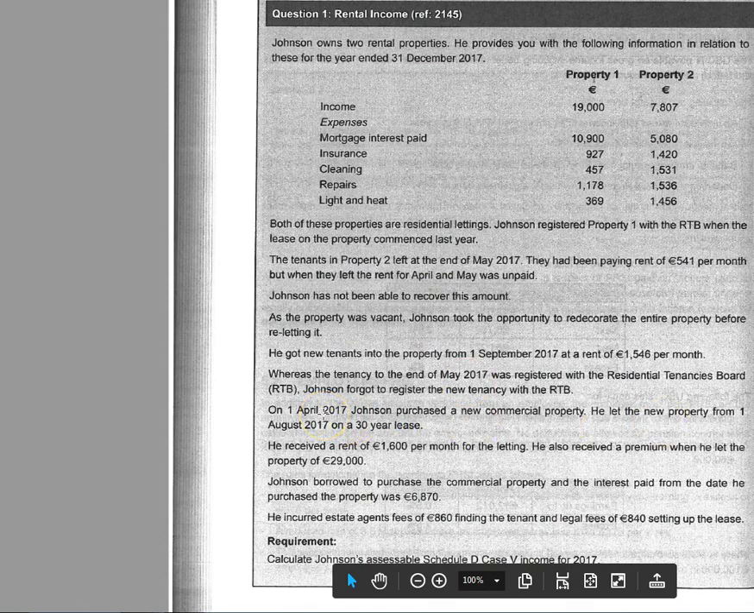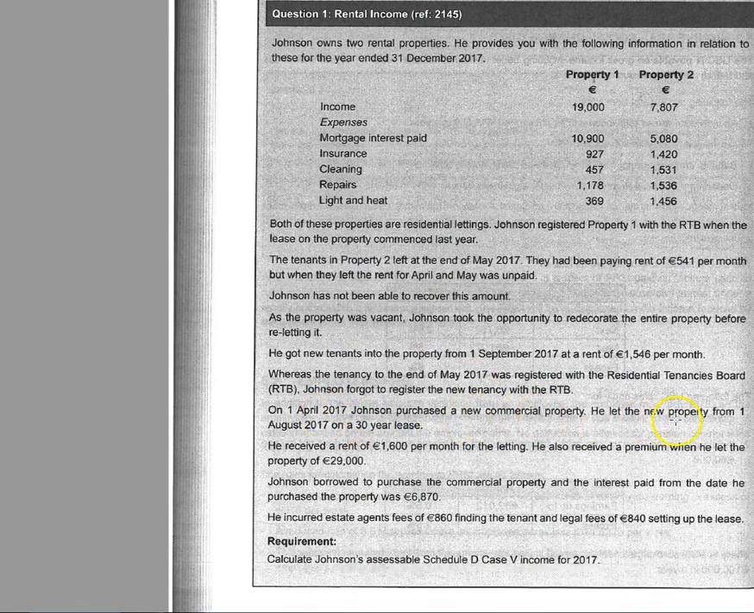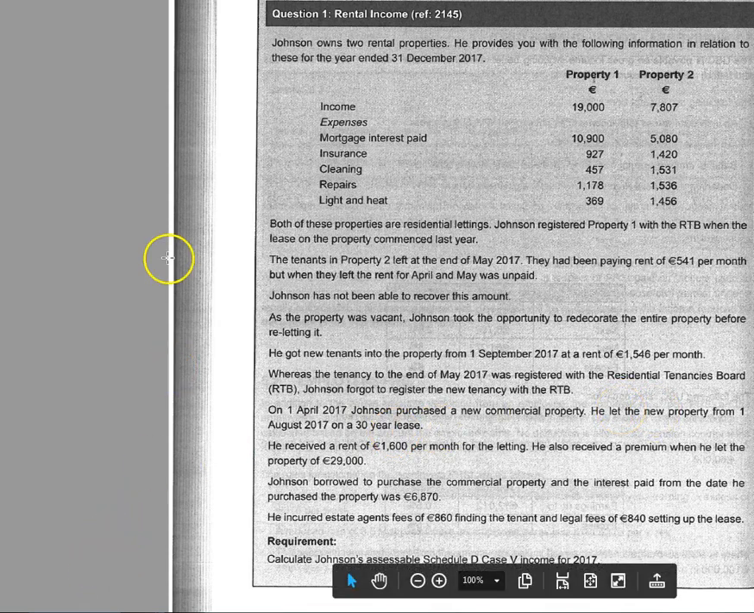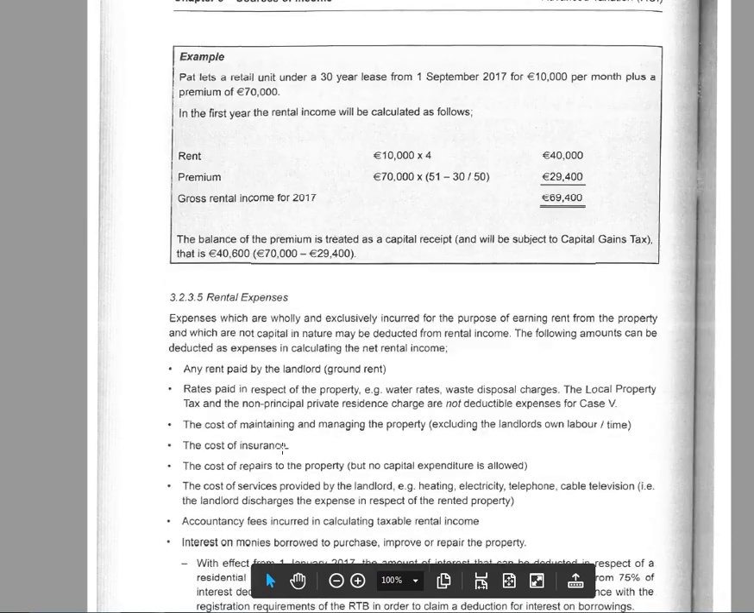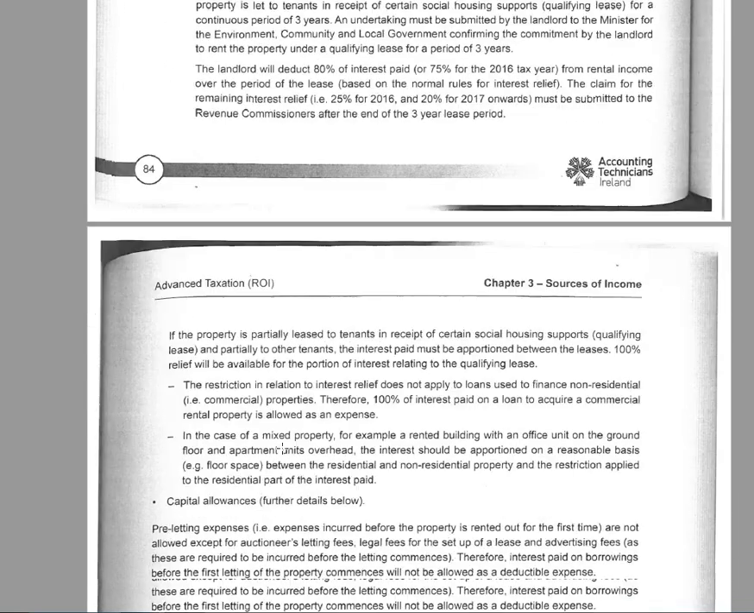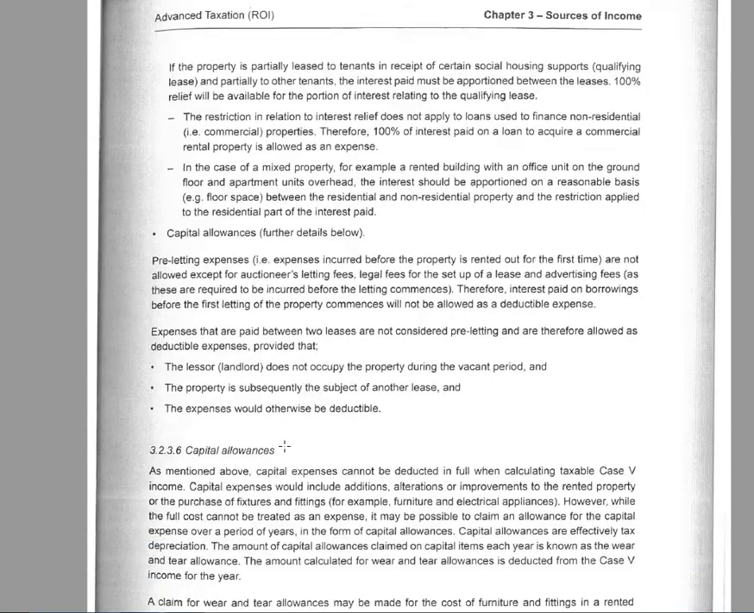So on the 1st of April, new property, and then you let the new property from 1st of August. So if you see a property let for the first time, which it is here, you have to think of pre-letting expenses. And in relation to pre-letting expenses, they're here on page 85. If you read this,